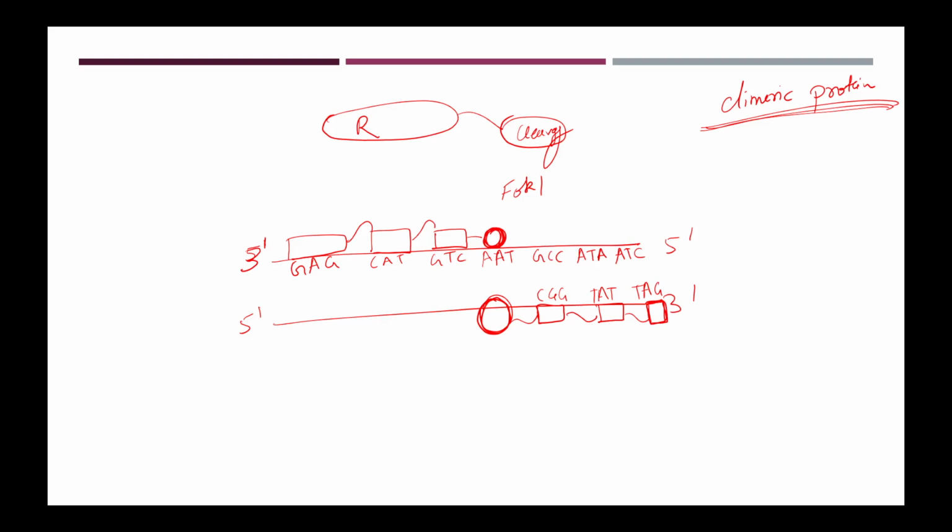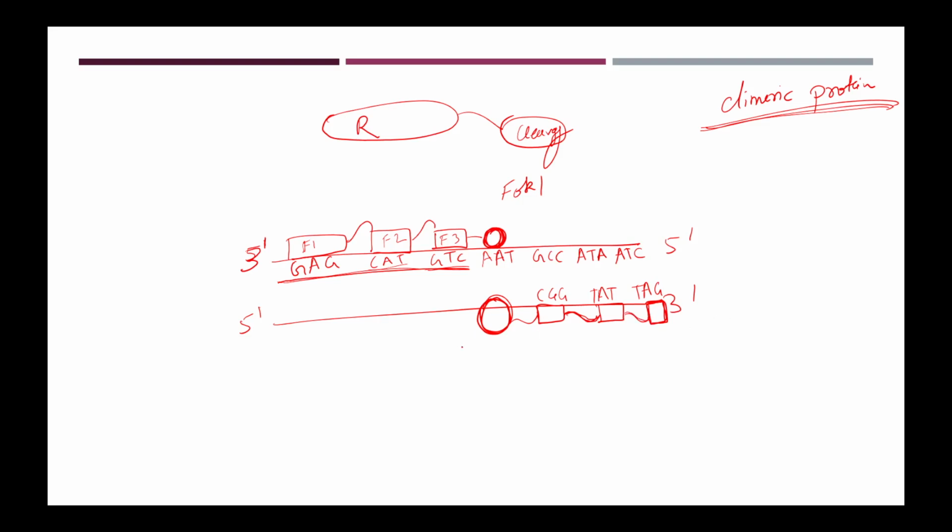Okay. So from 3 prime to 5 prime, one zinc finger, finger 1, recognizes GAG, the other one recognizes CAT. The third finger will recognize this. This is one stretch of the DNA that has been recognized from this particular portion. But the dimerization is needed. And the other dimer will bind to the other strand from 3 prime to 5 prime